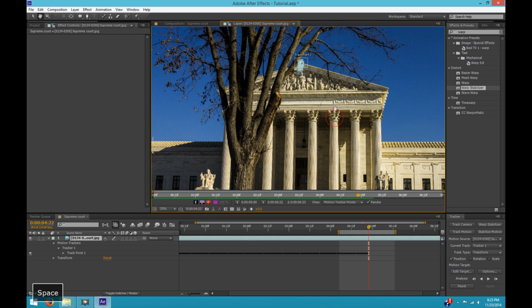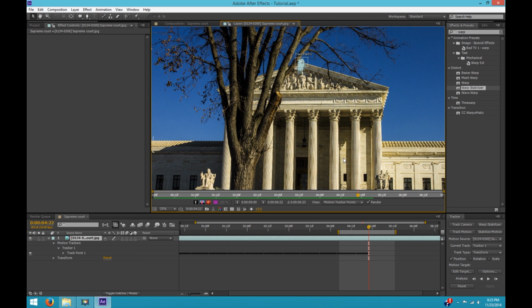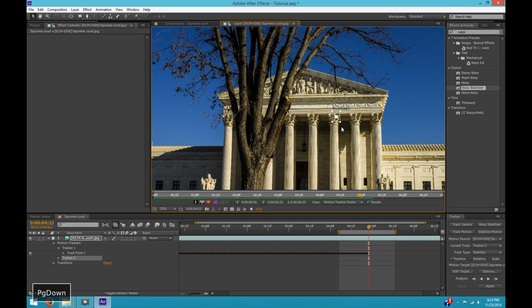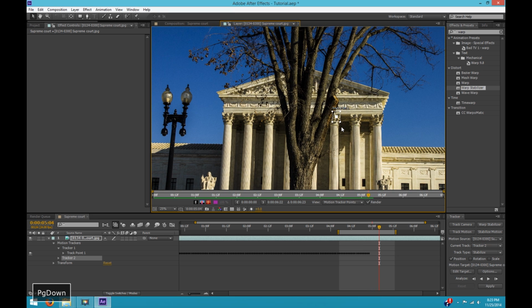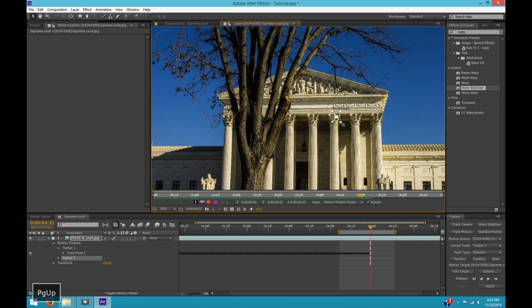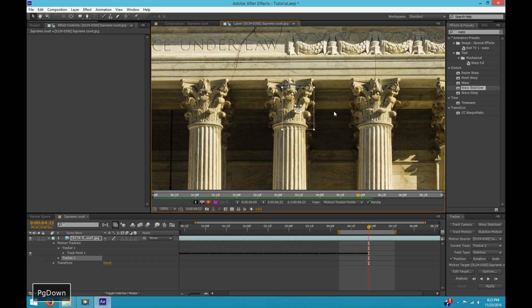So now I'm going to have to pick a new tracking point, but I can't just move this one because obviously it's tracking a particular point in space. So I'm going to do a new stabilize motion, and it's going to give me tracker 2. I'm going to pick position again, just position. So now I have to pick a new point, and I want to pick a point that's going to be available for the next few frames. So I'm going to go somewhere over here, top of this pillar somewhere, like right here, maybe.